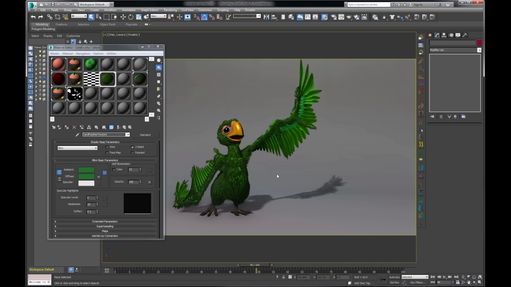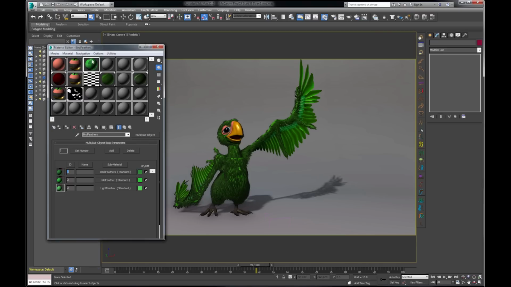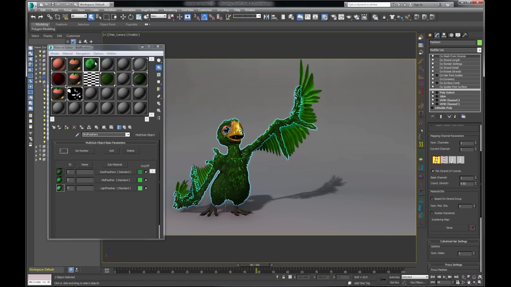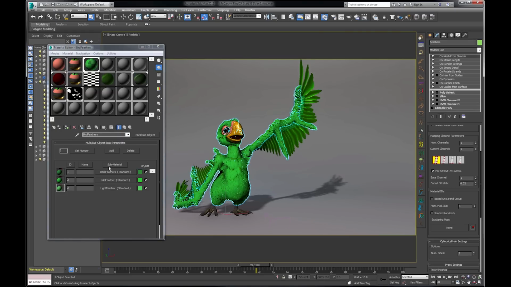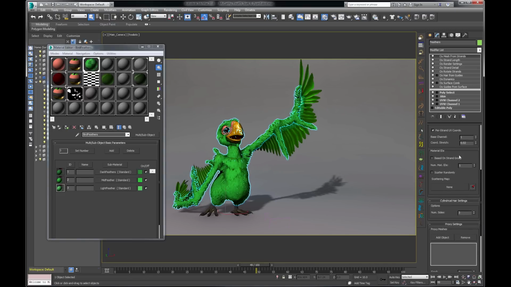Now, with those options for UVs, what you can also do is set a multi-material on these feathers. So let's just select the feathers, and we're going to apply a material that has multiple materials. So I have kind of the dark feathers, the mid feathers, and the light feathers, and I'm going to apply that there. So right off the bat, we're only getting this first material here, and that's because we want to go down into material IDs, and we can decide how we're going to distribute these. So first, I have only the number that is there, so I'm going to set that to 3 material IDs,